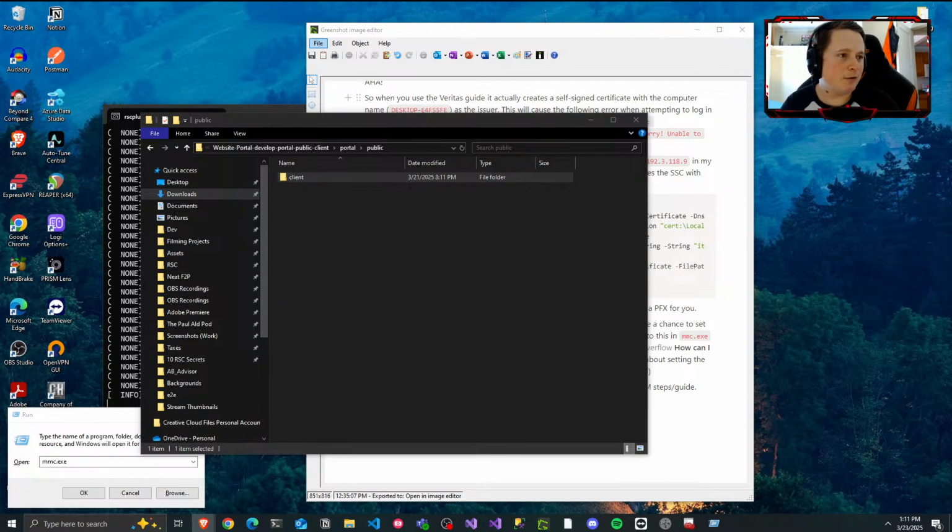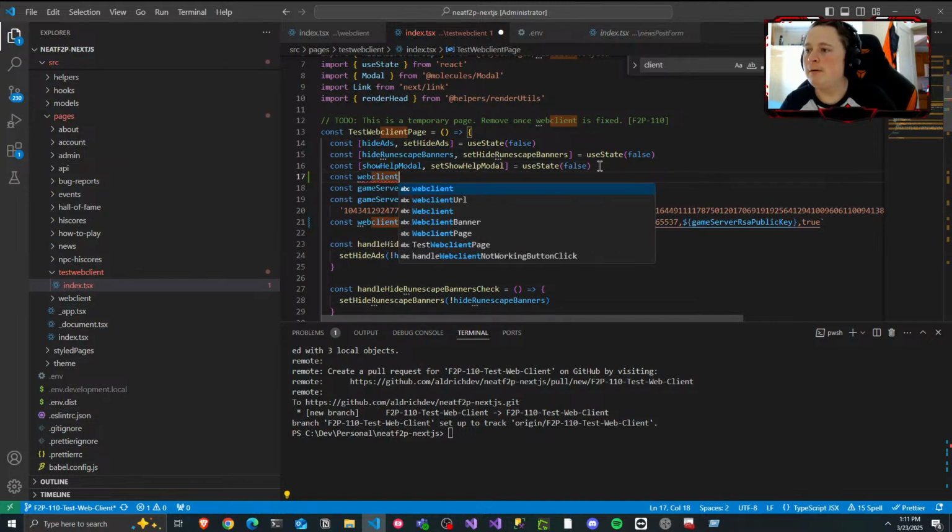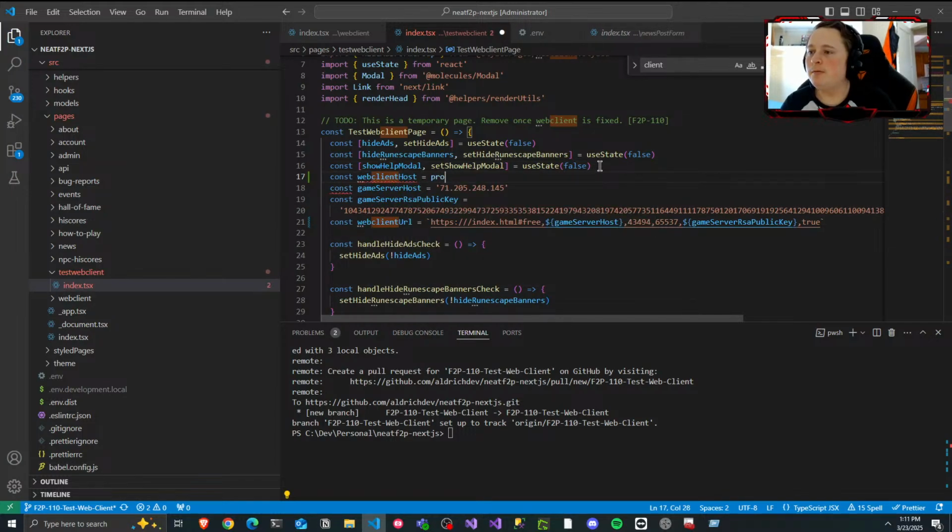Public website host. Yeah, it's NEXT_PUBLIC_WEBSITE_HOST and it's set correctly. Okay, so web client host is equal to process.env.NEXT_PUBLIC_WEBSITE_HOST. So for local, that'll be local for